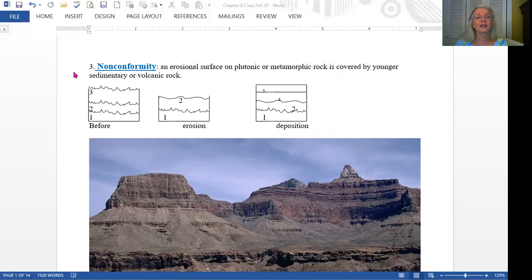So with these non-conformities, the base rocks get deposited at depth and they're not sedimentary, which is why in the drawing they're usually indicated with little jagged lines. So 1, 2, and 3 little jagged lines. I come in with my glacier and eat away all of 3 and half of 2. That's the wavy line. And then we deposit sedimentary rock layer 4 and 5 on top of it, or it